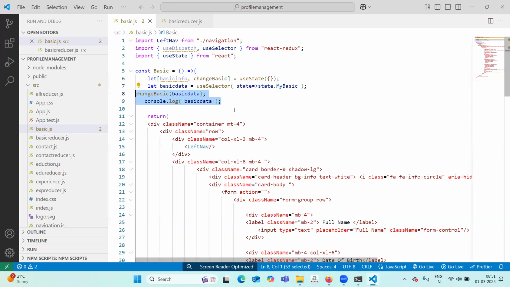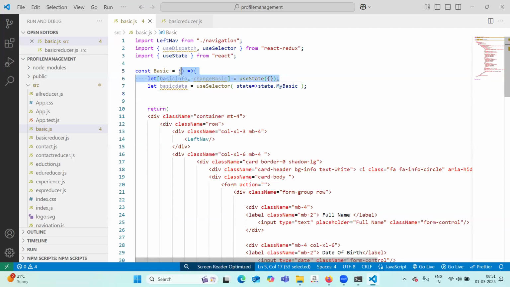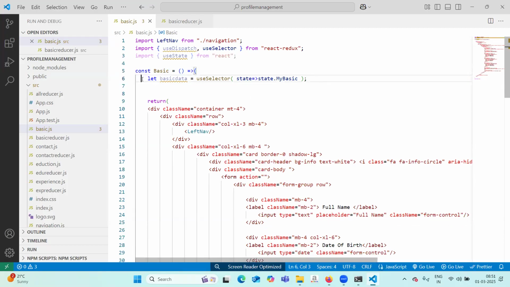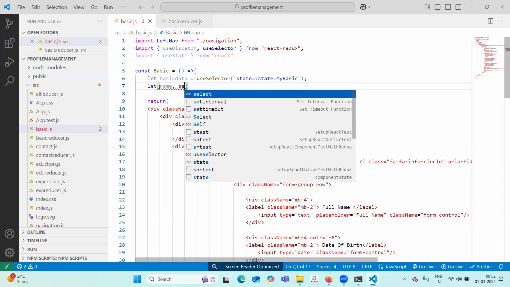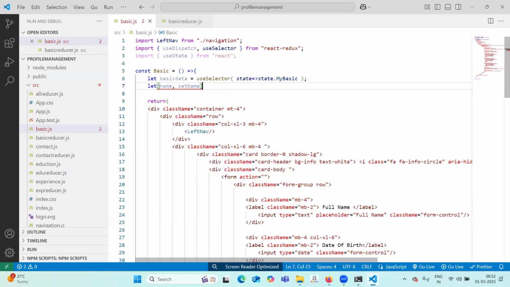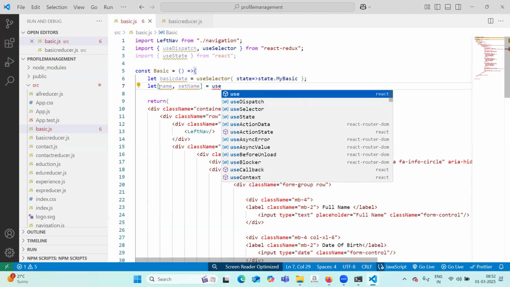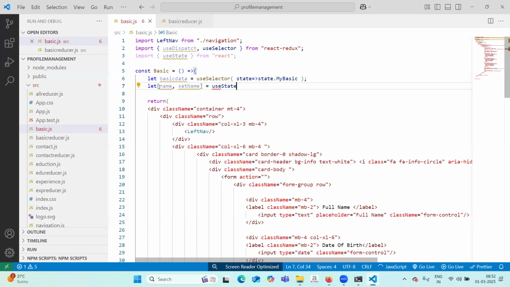Okay, so let's modify a little. So remove these two lines. Data is coming from there. And this line also I'll try to remove from here. Let's keep one line. This is bringing the data from where? Redux to React. Now I will create one state variable here. Name. And I'll write here called set name. Individual variable I'm creating here. Use state. And then this variable,